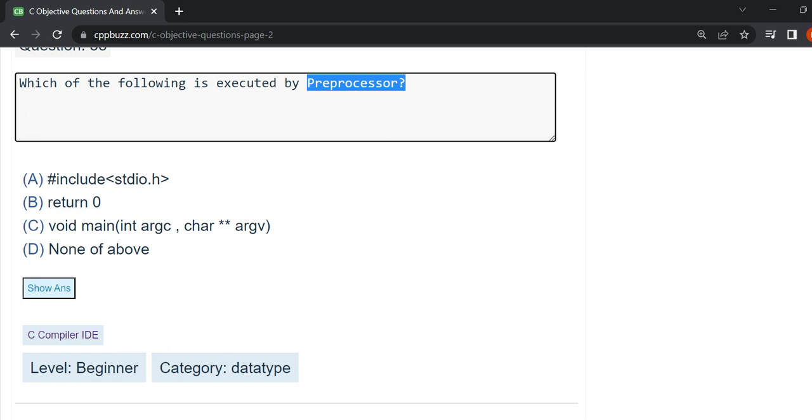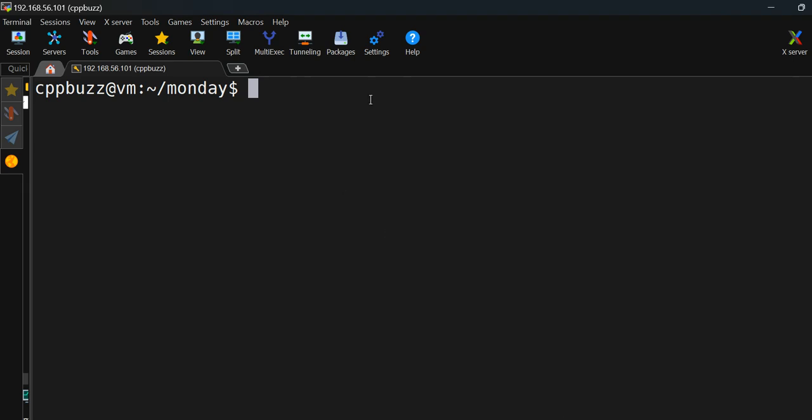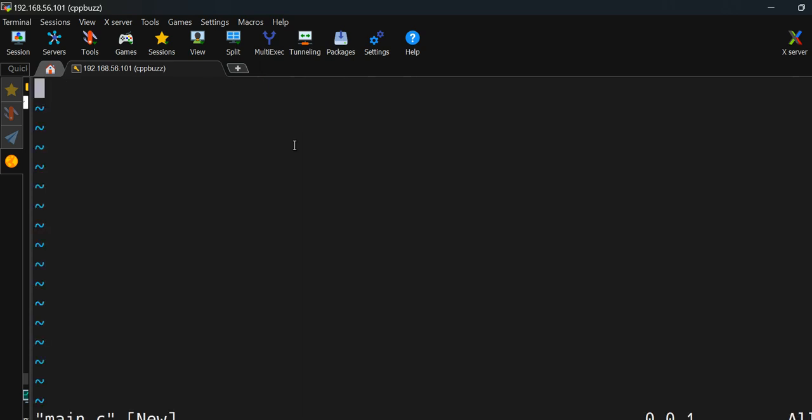For that, let's create a basic C program, and we will compile it using the GCC compiler on Linux. So for that, I will connect to my Linux machine. This is my virtual machine, and let me create a file main.c. You can give it any name, using the vi editor. After I press enter, to start typing I have to press i. i is for insert mode,